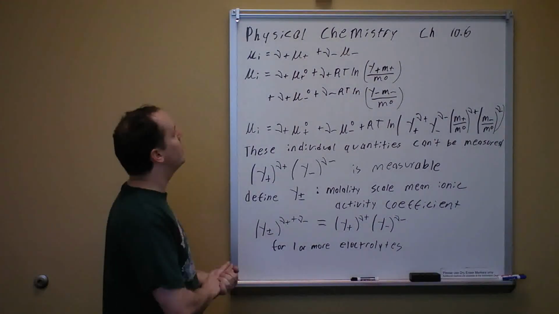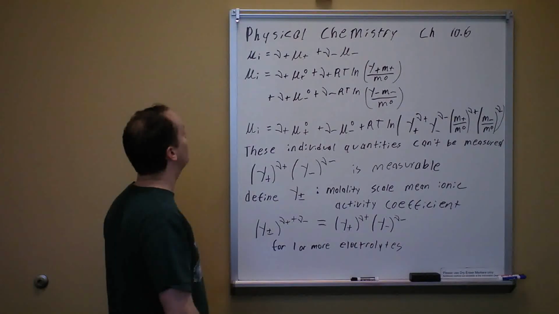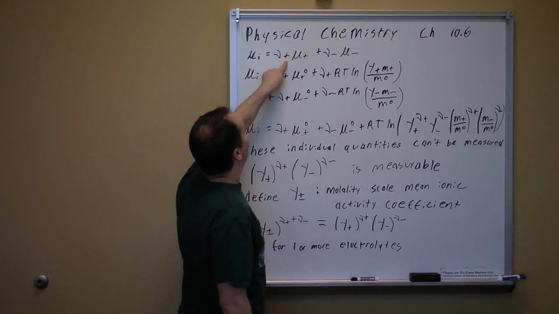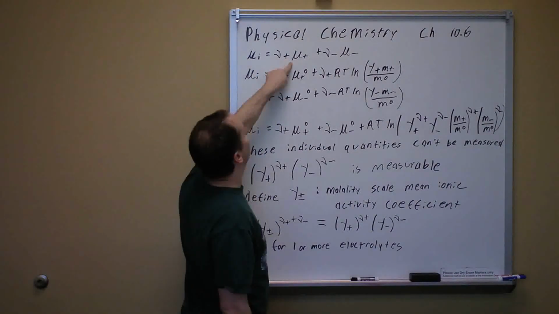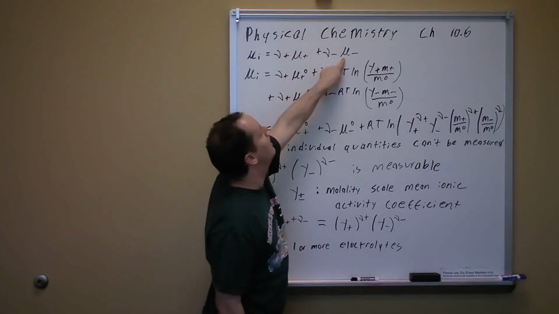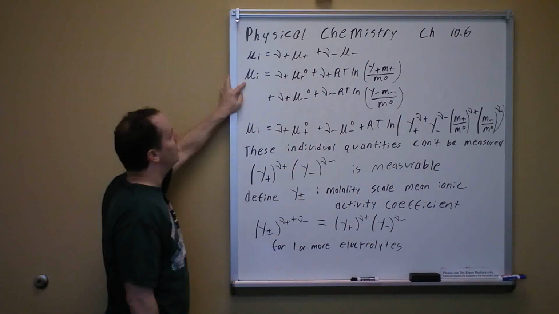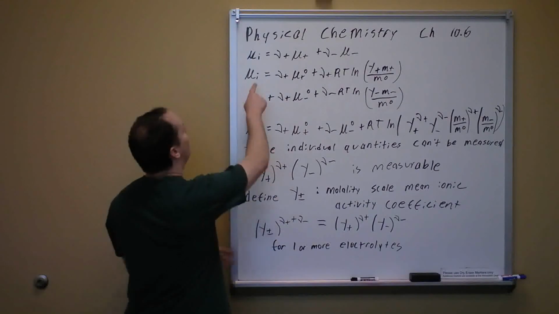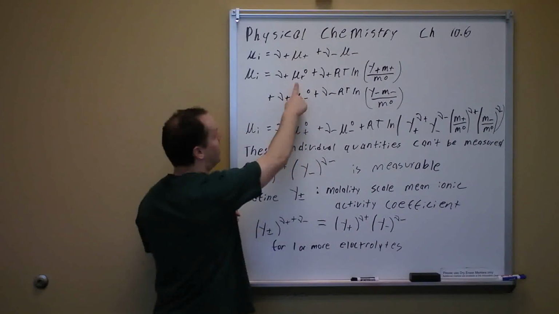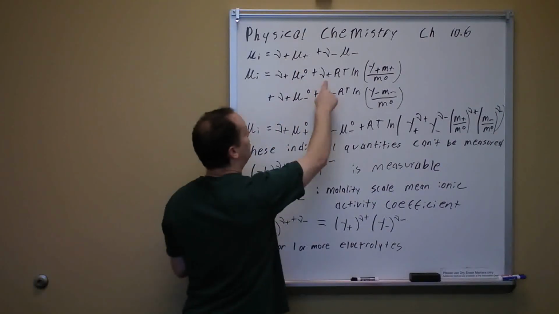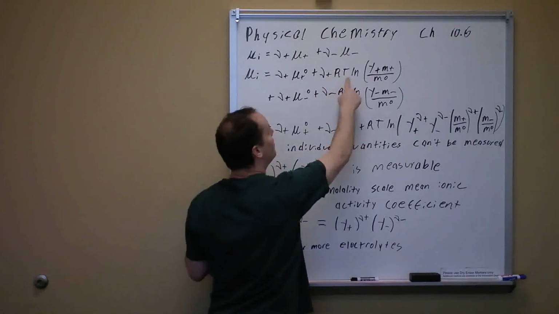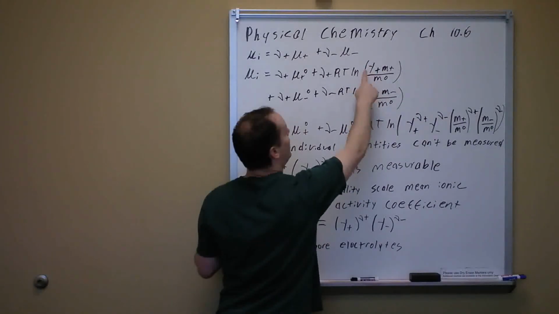Continuing on physical chemistry, chapter 10, this is section 6. We're still talking about electrolyte solutions. So the chemical potential of the electrolyte we showed is equal to the stoichiometric coefficient of the cations times the chemical potential of the cations plus the stoichiometric number of the anions times the chemical potential of the anions. So that gives us the chemical potential of the electrolyte is equal to the stoichiometric coefficient of the cations times the chemical potential of the cations in the standard state plus the stoichiometric coefficient of the cations times the gas constant times temperature times natural log of the molality